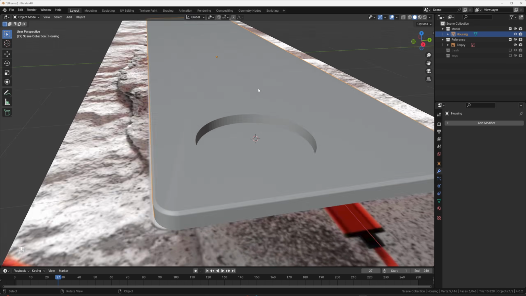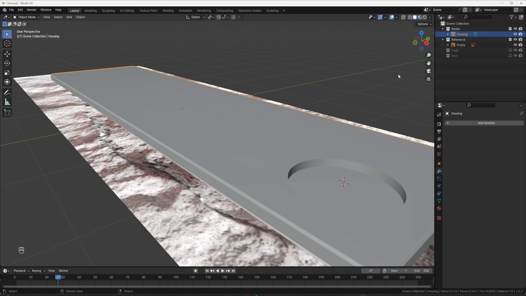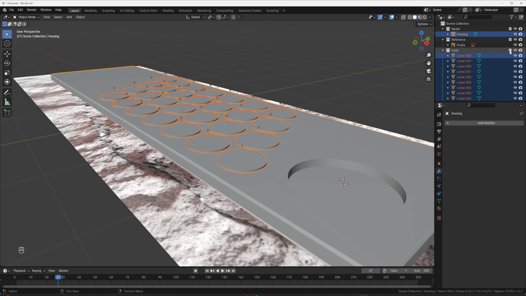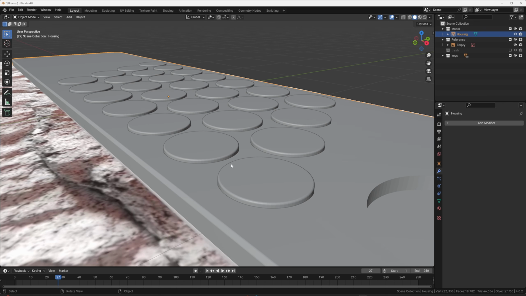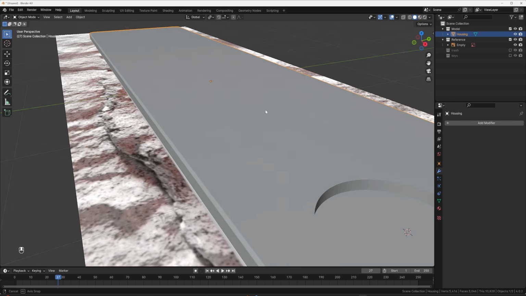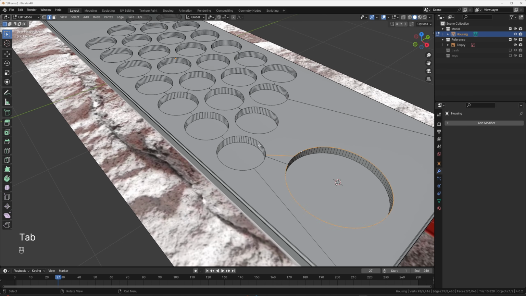And now this is an issue with the weighted normal. So if you turn the keys back on, or these are the wrong ones. Where are the keys? Yep. These right here, it looks like they're cutting in, but basically what's happening is that weighted normal is calculating it weird. And so what we need to do is we need to give it edge supporting loops.